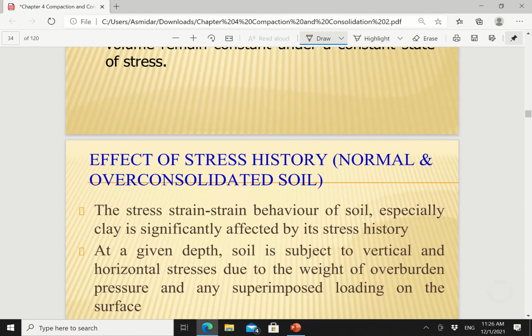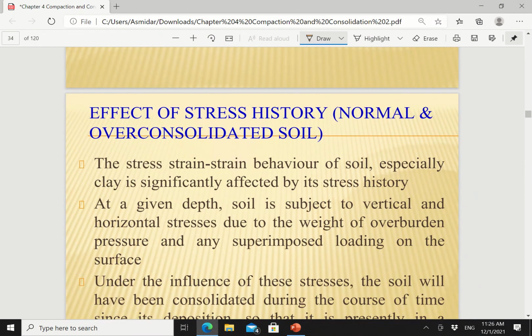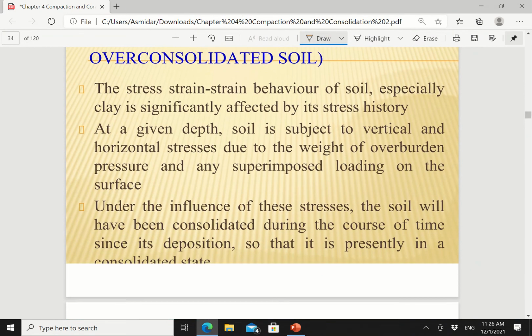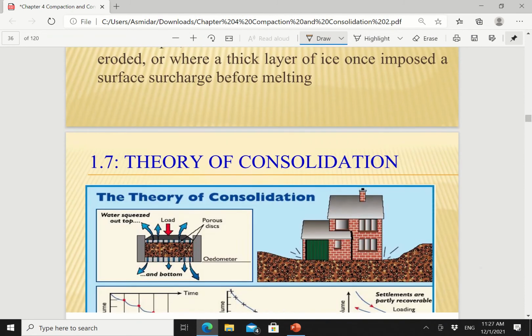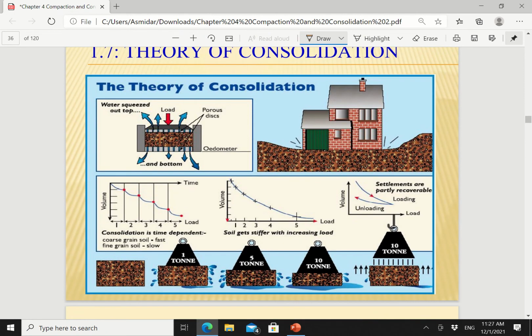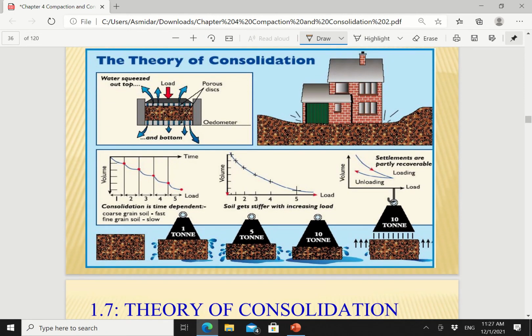So next is the theory of consolidation. Okay, you can see that the theory of consolidation is the same in terms of definition. I have already mentioned the definition. Okay, that is basically the whole idea for the theory of consolidation. Okay, this is the whole process of consolidation when you use low,